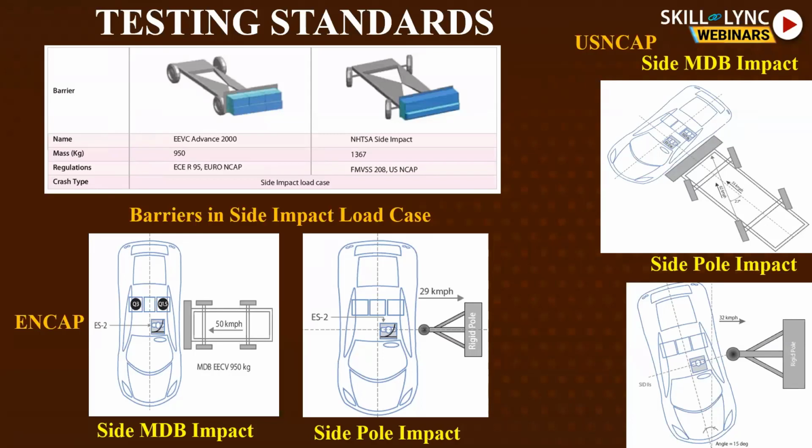Different impact cases will be studied, like side impact, frontal impact, and pedestrian impacts. For different cases, different velocities will be studied, and accordingly, the safety features that are there in the car will be taken into account. There will be some standard values of parameters, or load parameters you can say, and how the load behaves in different portions will be studied. Accordingly, the values we have obtained will be noted down, and then the car rating will be decided. Car rating for safety will be decided based upon this particular aspect.